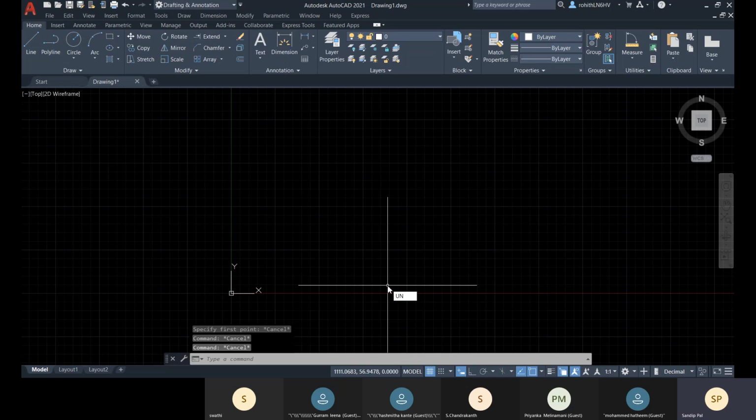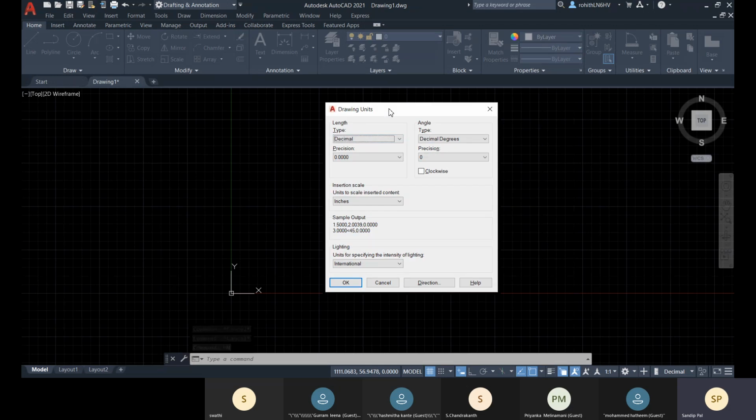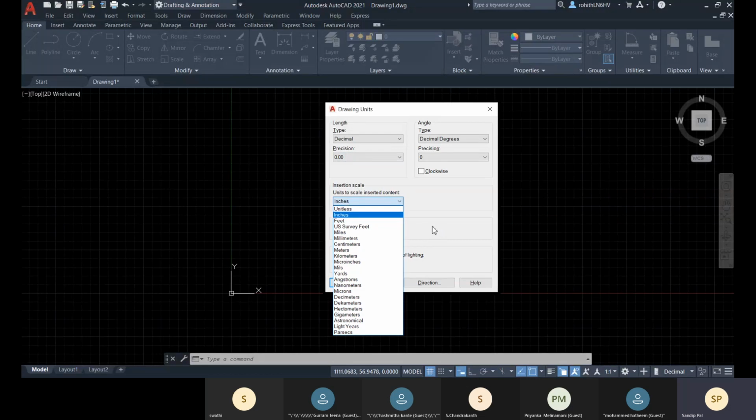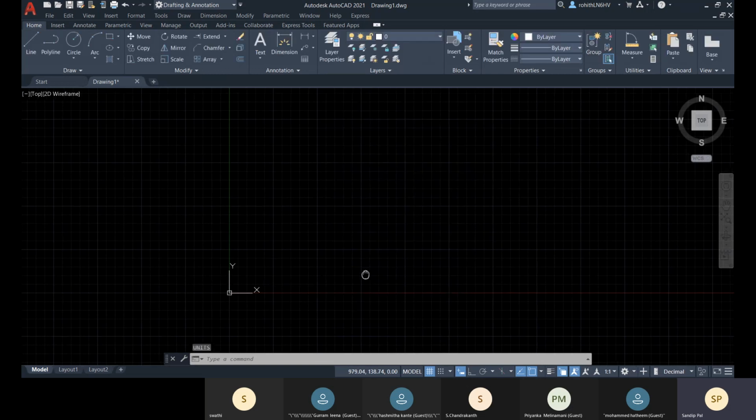This one is unitless, but don't worry, I'll go for a particular unit. So let's go to define unit, that is decimal, and the precision will be this much, and let's go for millimeter there, and if everything is okay, all right.